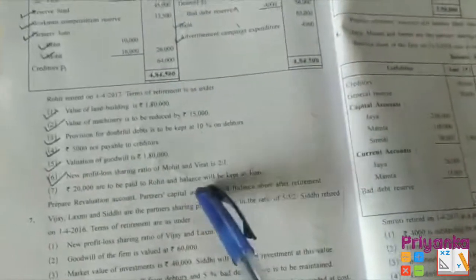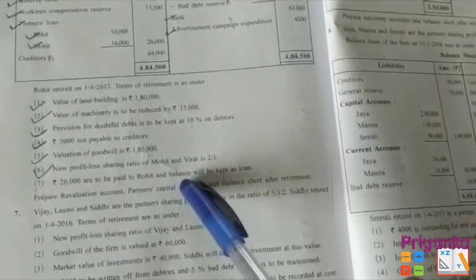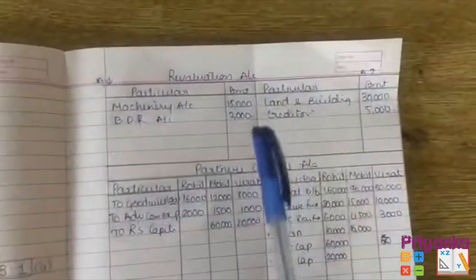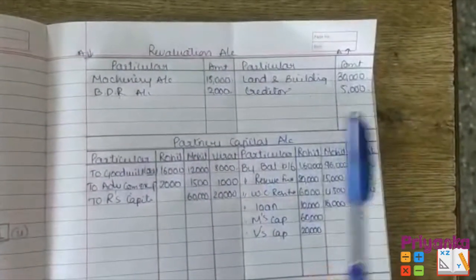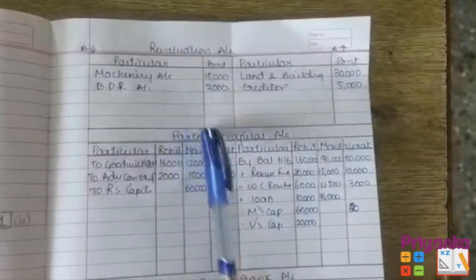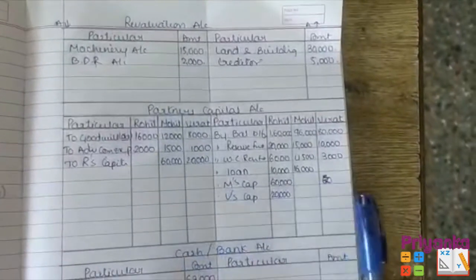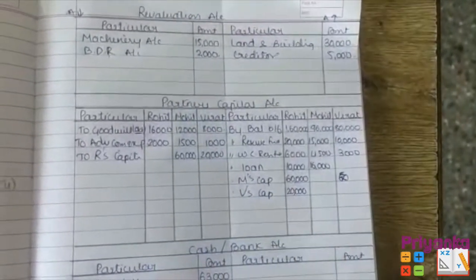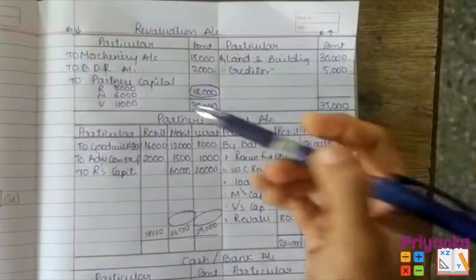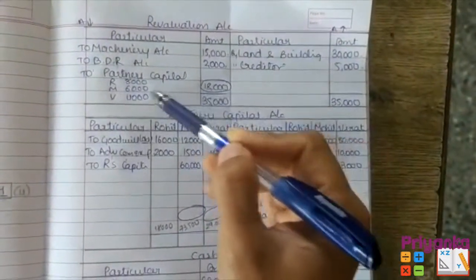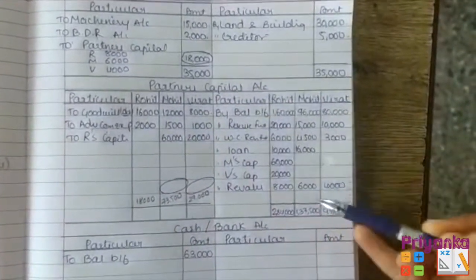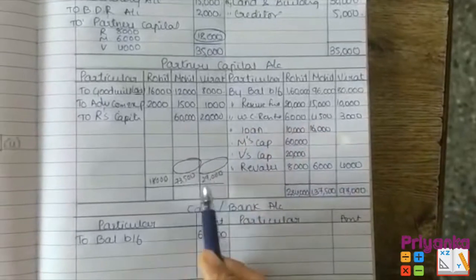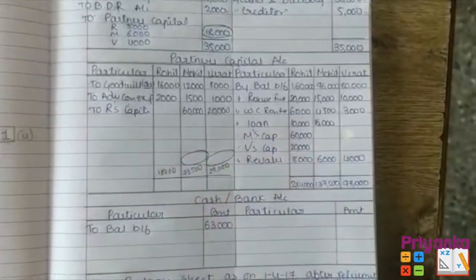all the entries. So the last adjustment that I will show you when we'll make a total of capital account. So by the time we can end up with the revaluation account and pass whatever the difference will become. Obviously this one is the more. तो यहाँ पे बैलेंस आएगा, बैलेंस यहाँ पे मूव होगा. Then at the end when we'll make a total, that time that last adjustment will be done. After getting a total of revaluation, here I got the difference 18,000, which will be distributed into their old ratio and pass on over here. Then I made a total of all these column. This is the pencil से मैंने यहाँ का total लिखा है.